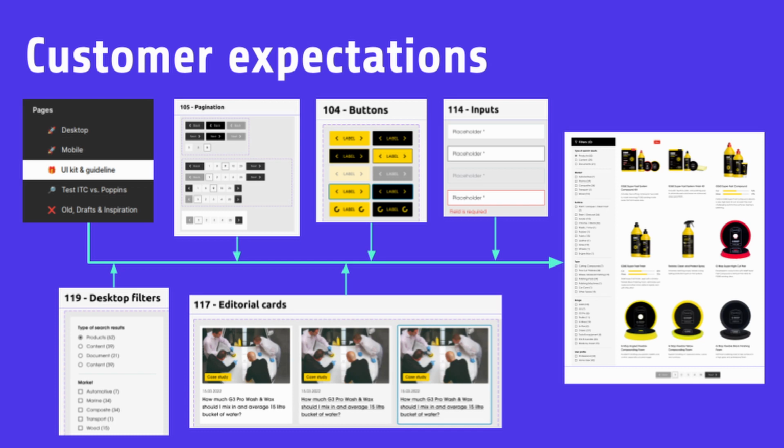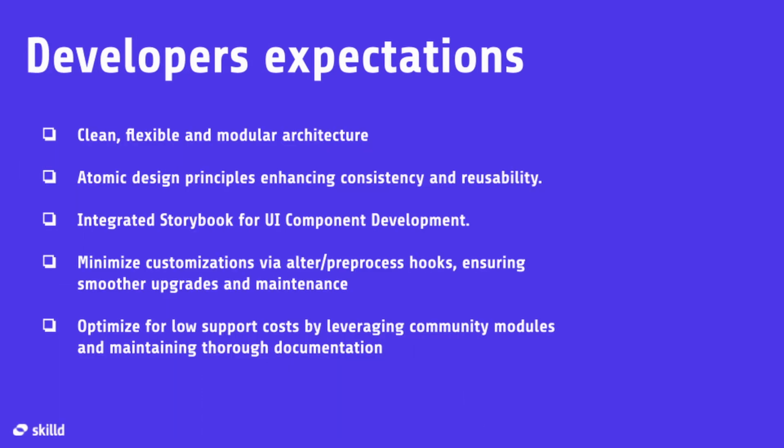But we also have a developer expectation, because when you start a project, you want your project to be flexible and have a modular architecture, because you are a good developer. You are thinking about the future, how you will support the front end. On their side, they want to implement atomic design, because it's a modern technology, it's on top, and they want to integrate Storybook to show the customer how components will look. And finally, the bottleneck here is